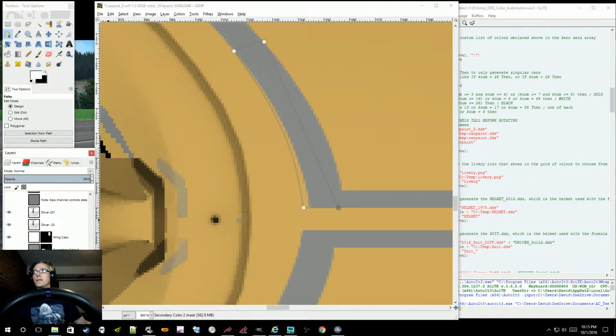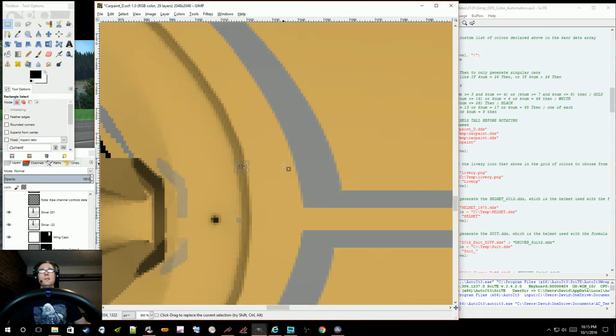Now I gotta make sure I select my mask. And then the thing with paths is that a path needs to be turned into a selection in order for it to be like a fillable area. And so now I'm going to flip that around, and I'm going to delete. And so now I probably have fixed